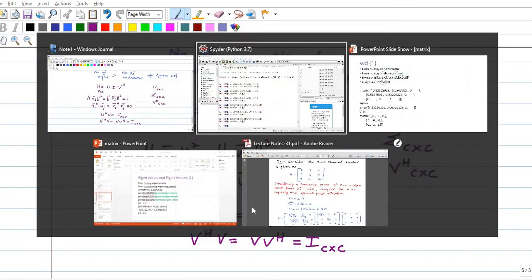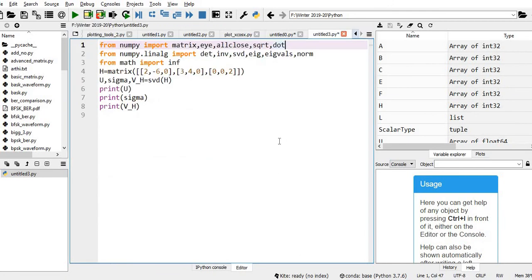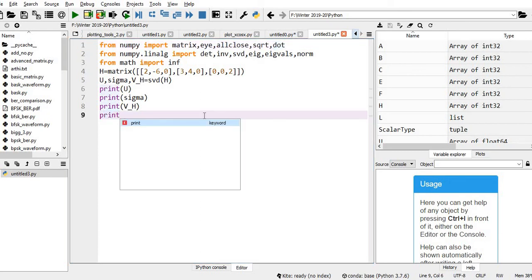So I'm going to use the allclose command. Yeah, I have already imported allclose. So what I'm doing, print. U Hermitian U. First I have to do U dot get H, this will give U Hermitian. Let me close this with a bracket, then dot, star U. This is U Hermitian dot U, so this should give identity.